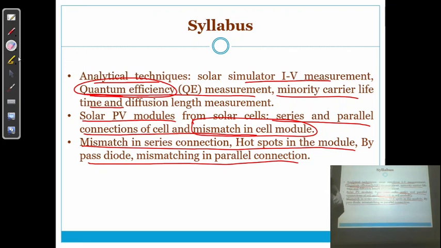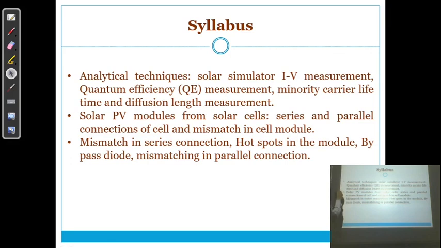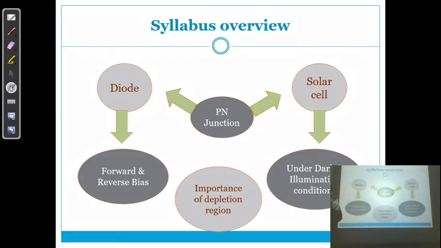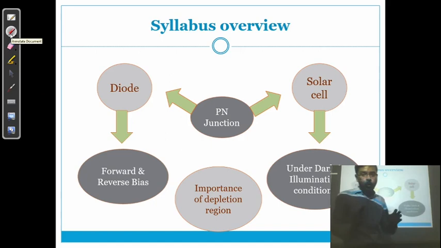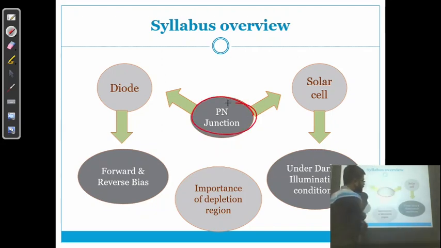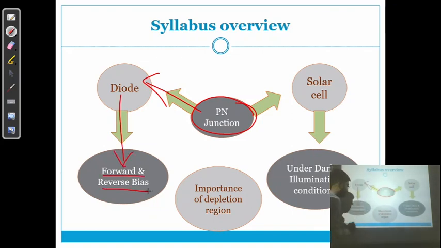Moving ahead, over here I would like to draw your attention. This is just an introduction lecture, so please try to understand the basic things, some of the basic introduction to the syllabus or to the topic. Now, the PN junction diode, up till now we have studied as a diode operated in forward bias and reverse bias.